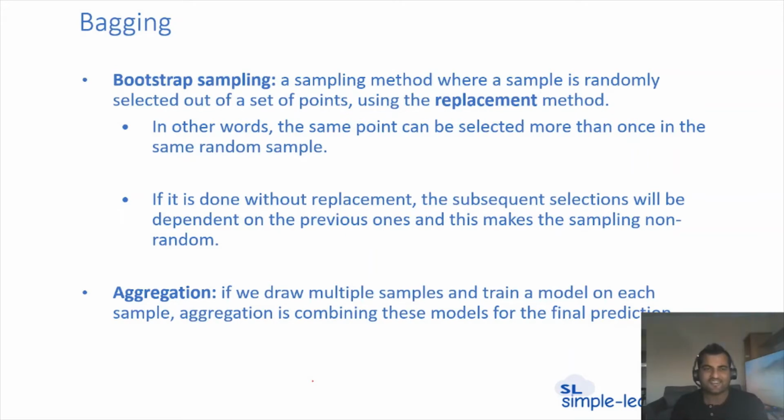Then what is bagging? Bagging has two main components: bootstrap sampling and aggregation. The method we refer to here is mainly random sampling, right? In that, it randomly selects a set of points using the replacement method. So what I'm trying to say is that